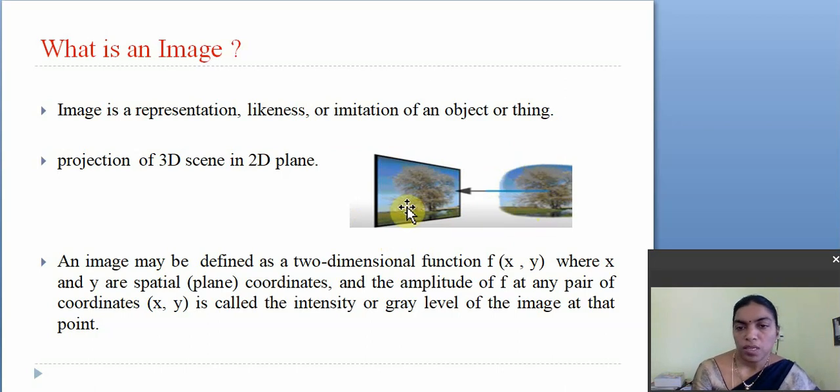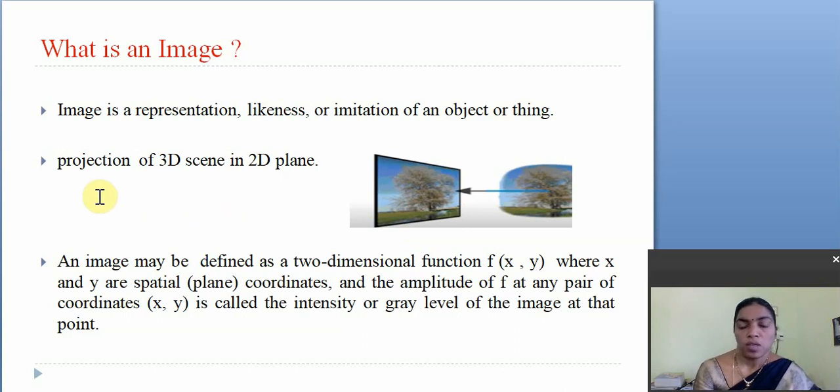By using a capturing device, we capture that particular 3D scene into a 2D image. So the conclusion here is that the image is a 2D image, but we are seeing 3D scenes, right?